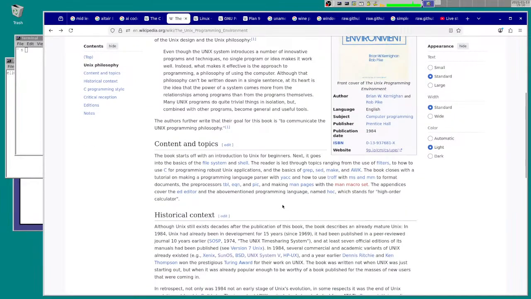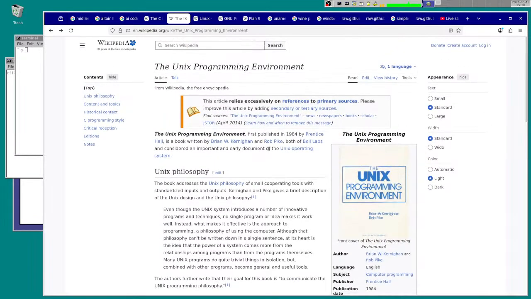There was an idea of how computers work, and there are still similar things today, like one big computer in the computer room.